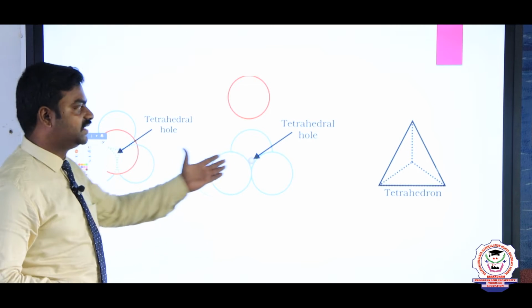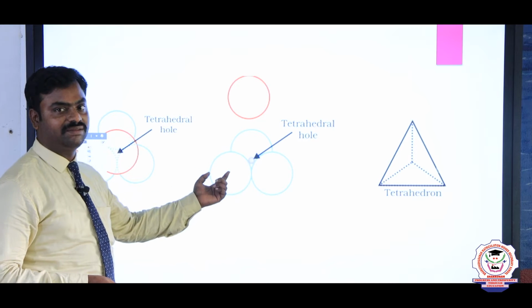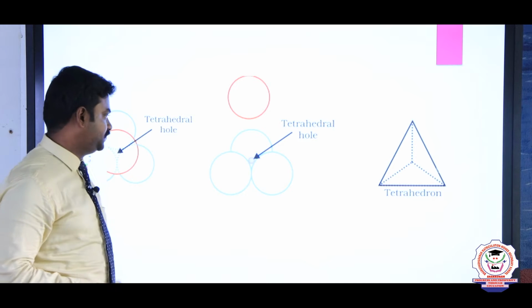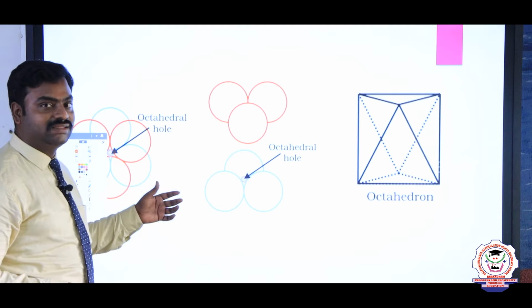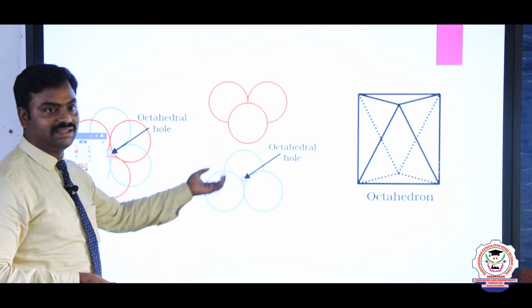So, this is a tetrahedral void which is made because of a triangular arrangement and then placing an atom on the gap of the triangular atom. Octahedral, the triangle and then the inverted triangular atoms are making an octahedral void.